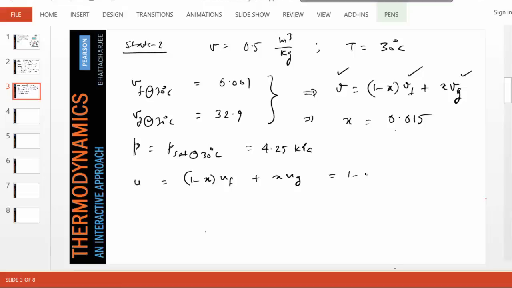Again, this is 1 minus 0.015. u_f is 126, plus 0.015 times u_g, which you'll find to be 2416. So that gives us a U of